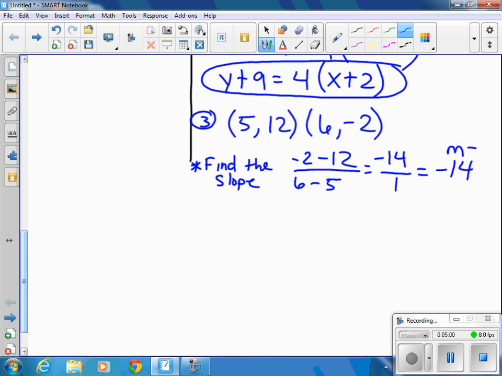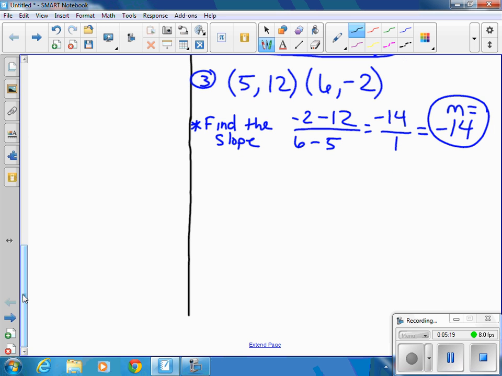Okay, so now that I know my M value, I have to pick one ordered pair, and it does not matter which one you pick. So technically there are 2 right answers to this problem, right? But you can only use one ordered pair. So pick your favorite one, again, it doesn't matter, and use it correctly, right? No matter which one you give me, as long as it's done right, I have to give you full credit for it. So your 2 possible answers for this problem, if I use the first order pair, it would say